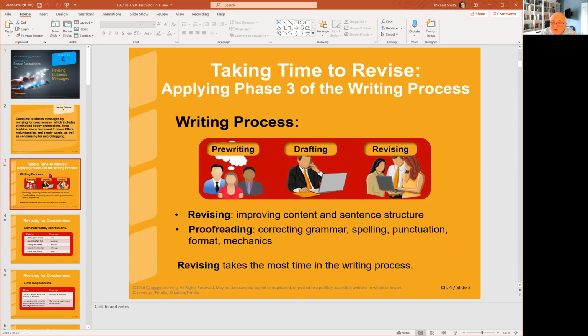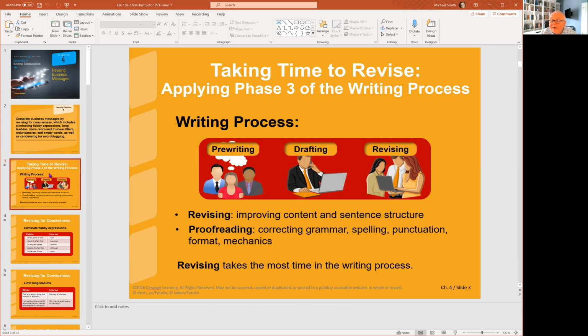Revising is where you improve your content, you improve your sentence structure, proofreading for correct grammar, for spelling, for punctuation, for format, and for mechanics. And you say, well, I'm not going to be an English teacher. Why should I care? Writing and communicating are valid points for any field that you're going into, and revising takes the most time in the writing process.